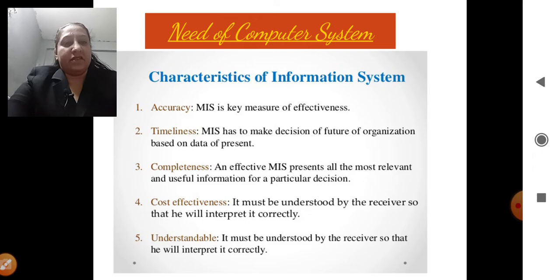The first topic given is the various characteristics of an information system. First, as you see on the screen, it is accuracy. How is accuracy measured? Accuracy is how accurately the computer is able to give the answer. Is the computer able to give a 100% correct answer? That is the first question. The next is, when we compare it with human beings, how perfect are we? We are not at all perfect.